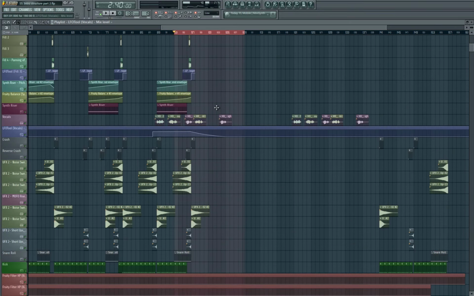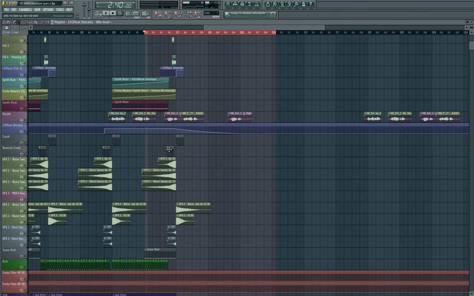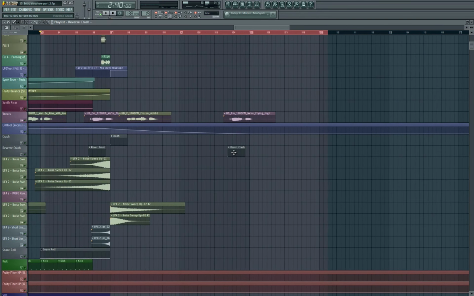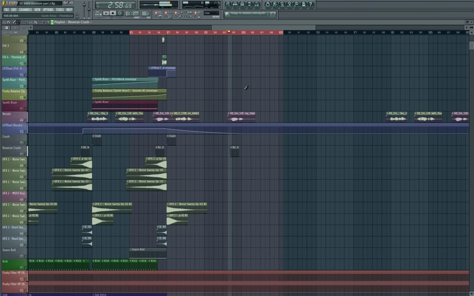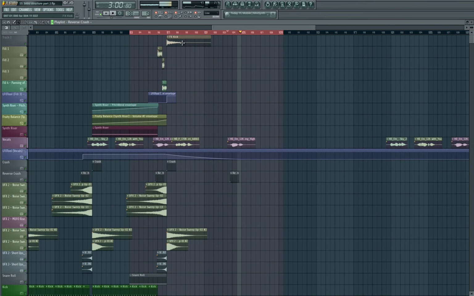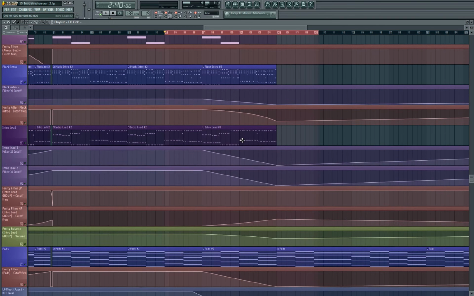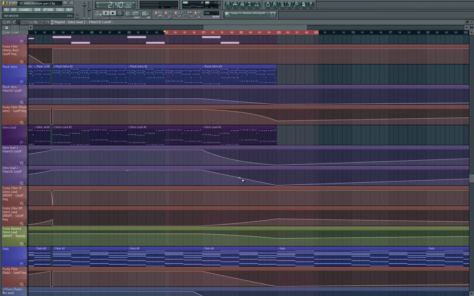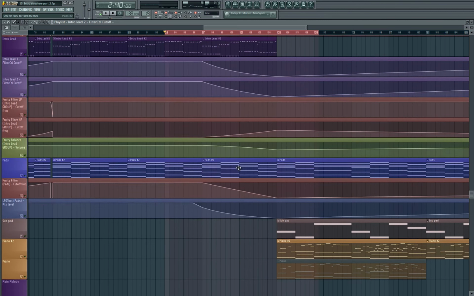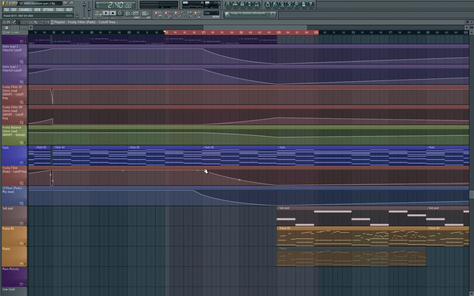So that's starting to sound really nice, a very smooth transition between the two sections there. Let's just add a reverse crash in there, coupled with the effects kick just for a bit more of a kind of impact. And I think the intro leads could probably come down a little bit quicker, so I'm just going to pull down on their cutoffs a bit more, and maybe the same with the